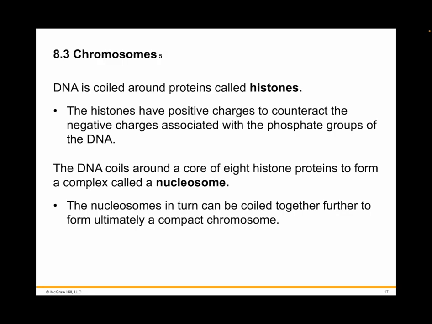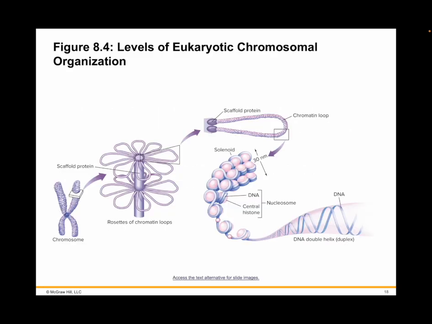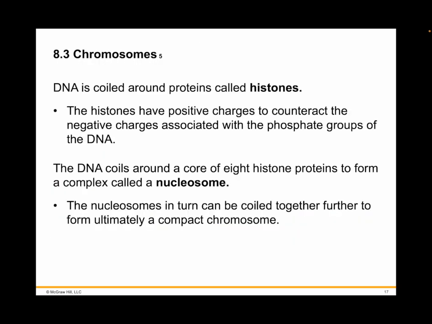As you can see in figure 8.4, the DNA helix wraps around proteins with positive charges called histones. So the positive charges of histones counteract the negative charges of DNA so that the complex has no net charge. So every 200 nucleotides, a DNA duplex is coiled around a core of 8 histone proteins, forming a complex